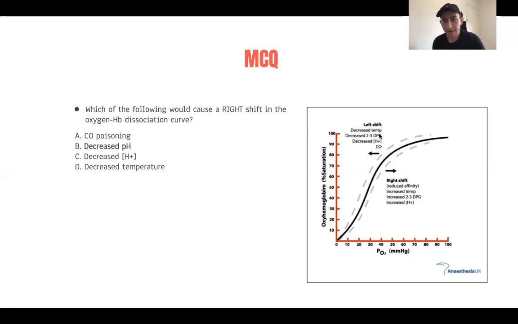So starting off at the alveoli, it's colder. It has decreased hydronium ions, so it's more basic. It has decreased levels of 2,3-DPG, which is a chemical produced by our muscles when they undergo aerobic respiration, and